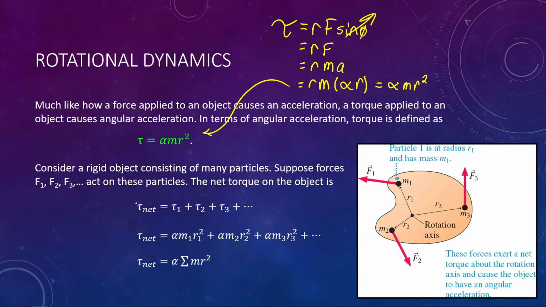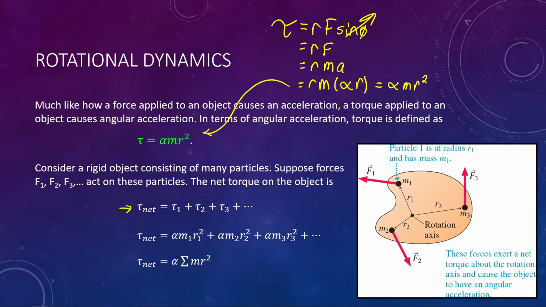So if we were to solve for the net torque, we add them up, right? You add up each individual torque produced by those 3 individual forces. Using the equation above, each individual torque is given by alpha m r squared. So we write it out in full in this second equation: alpha m1 r1 squared plus alpha m2 r2 squared,